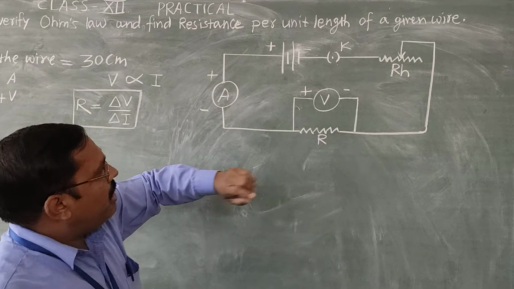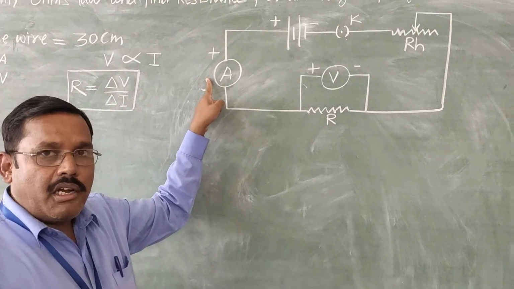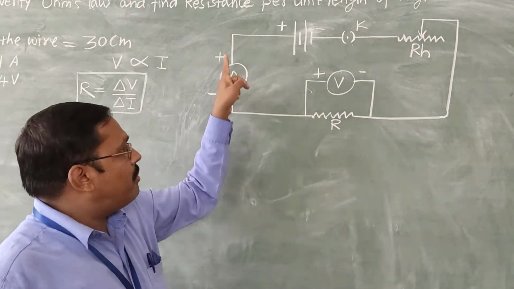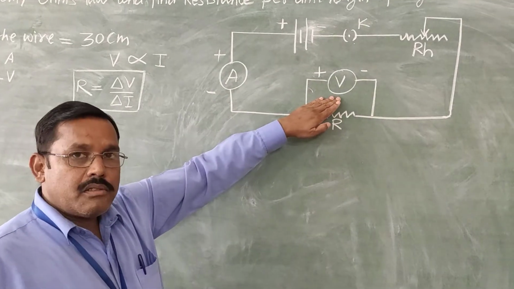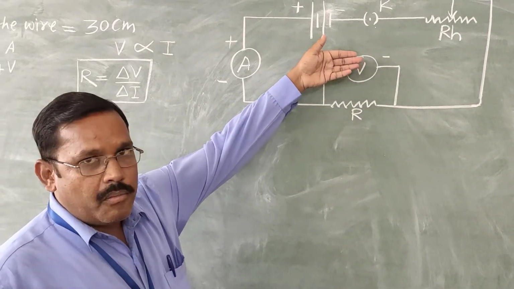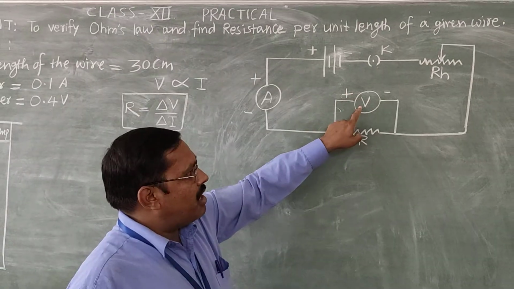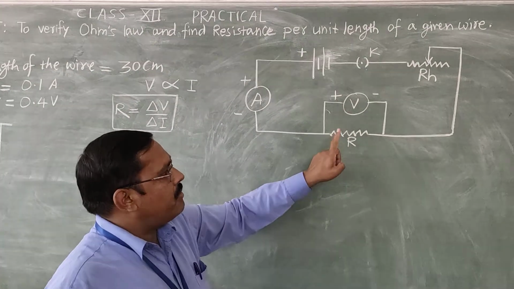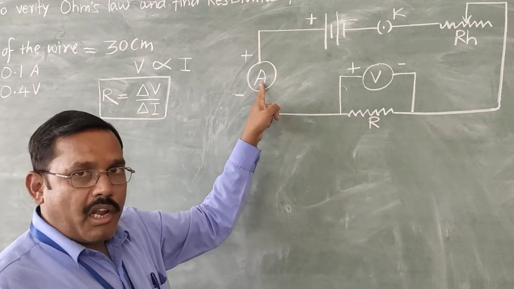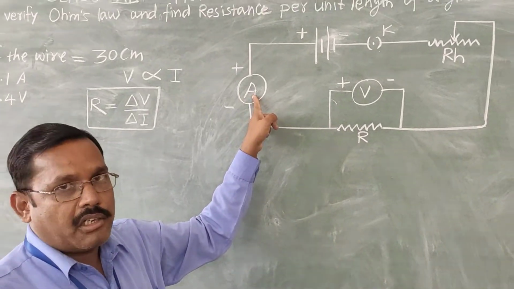So how is it connected? This ammeter has very low resistance and measures current, so it is always connected in series. This is the series combination; we are connecting in the same line. And the voltmeter has more resistance. It measures voltage, so it is connected in parallel, because in parallel voltage remains the same. So it measures voltage without affecting the current of the circuit. The ammeter's resistance is very low; in series current remains the same, so it measures the same current which is in the circuit.